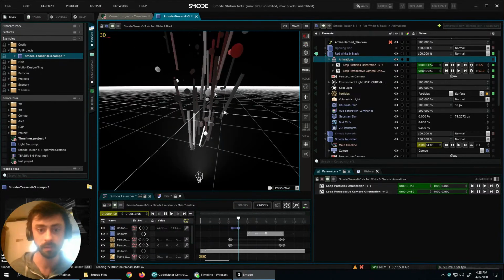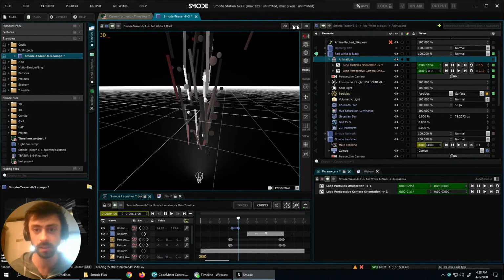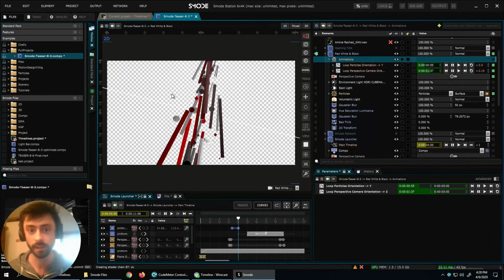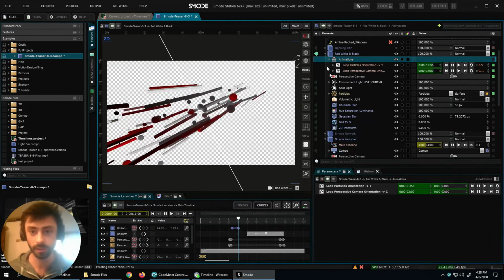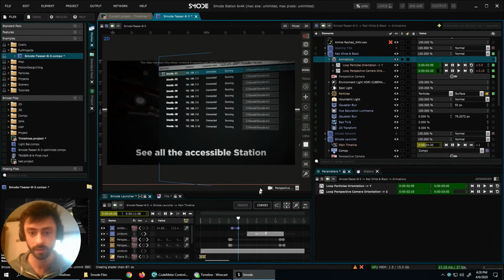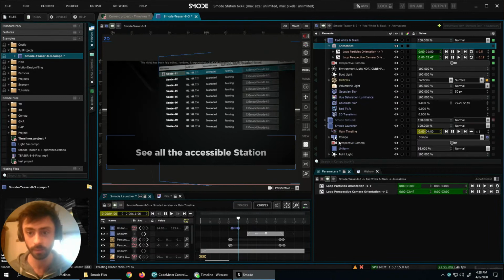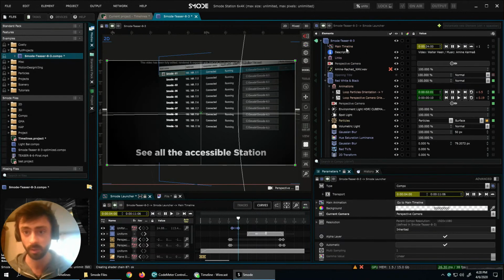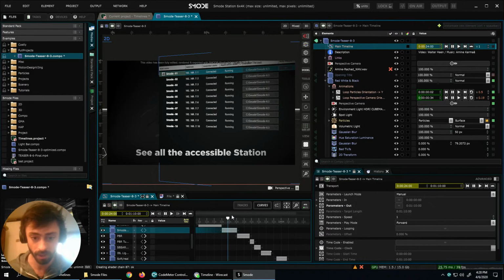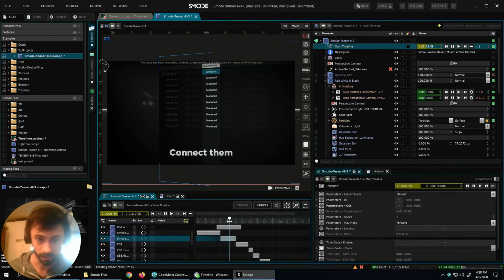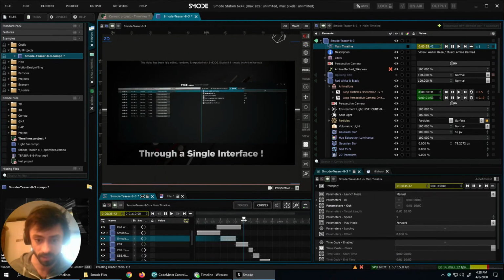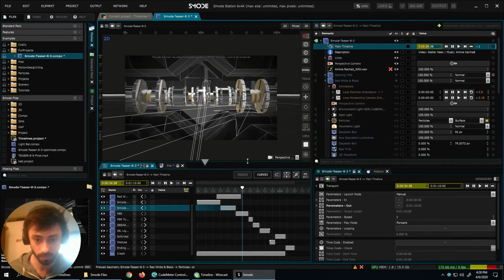And this is 3D with a rotated camera used as background of this composition, and inside the composition that explains Smode Launcher, inside the main timeline, I have put it before, so before in the layer list. So that might be a good start